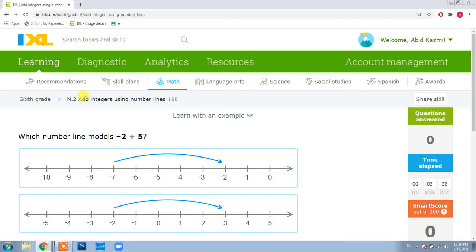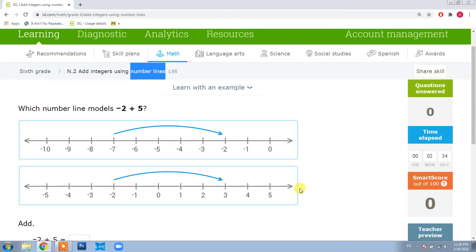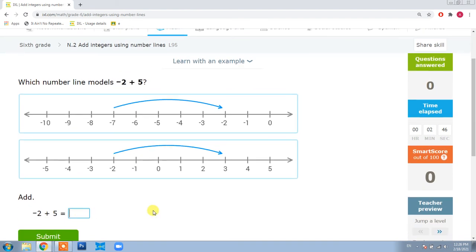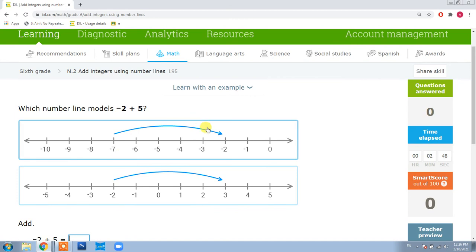Let's learn how we add integers using number lines. As you can see, in this skill you have number lines and you need to pick the number line which is modeling the given expression, and then you can solve to write the final answer. Okay, let's do this. Using a number line, we can represent all the given expressions and we can easily solve